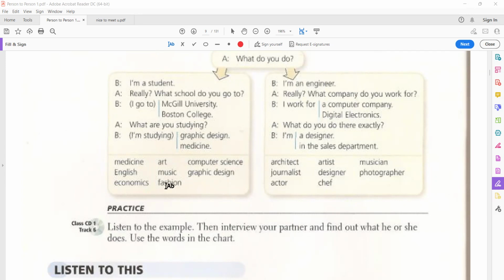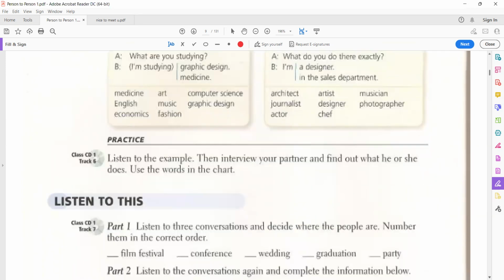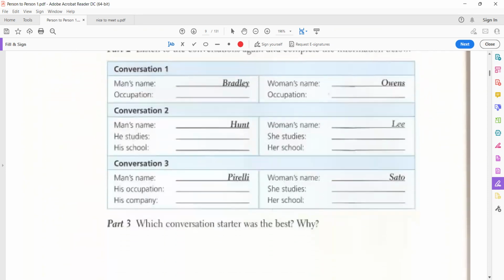Okay, if you're studying fashion, that means you are a designer as well. So designer, we have so many types of designers. You can be a fashion designer or even a designer of, let's say, photographs. Like a photograph designer or an interior designer, where you have to do houses and interior designs. Okay, let's move on. Let's see what else we have.